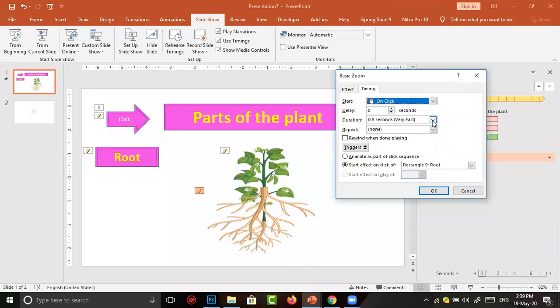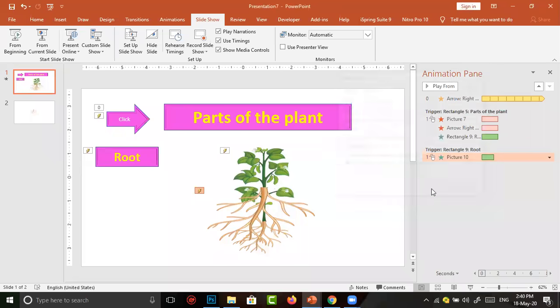Sorry, I am increasing the time duration. I'm going to increase the time duration to nearly 2 seconds or 1.5 seconds. And after the appearance of this image, it should automatically disappear after some time.